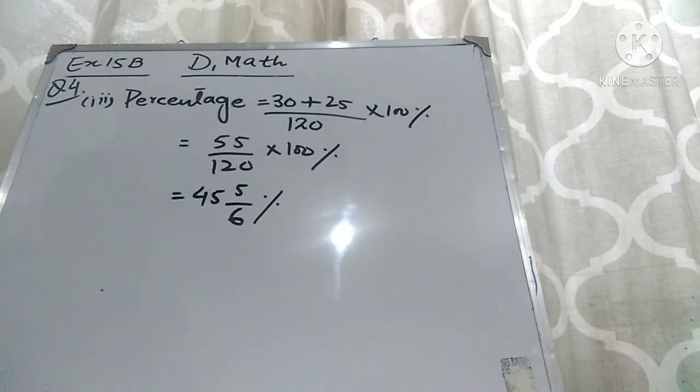Question number 4 is, if the information is illustrated on a pie chart, find the angle of each sector. Now we have to find out the angle of each sector. So it means that we have to find out the angle of sector of all the cars. First goes to 20. So first we will find out the angle of sector of 20 cars.